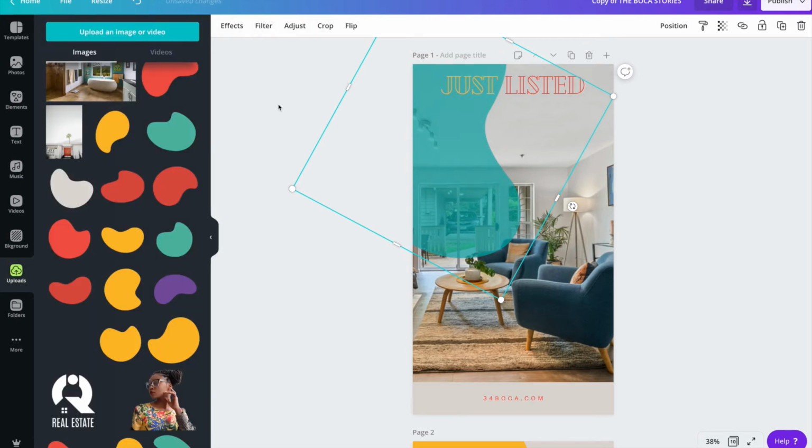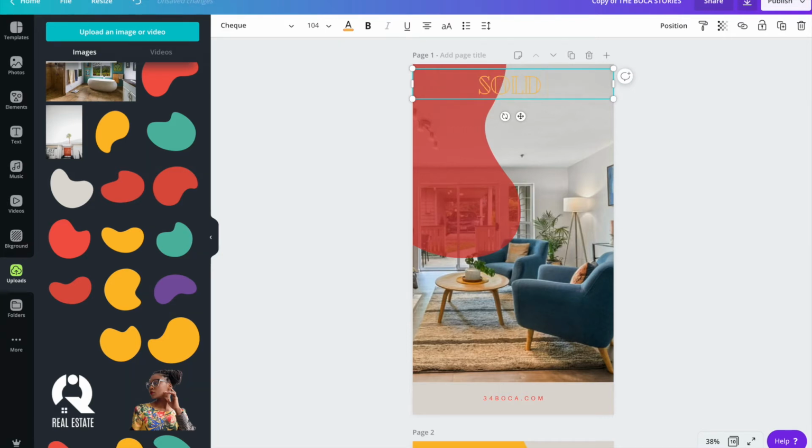But again, for the purpose of this tutorial, I'm just going to leave everything as is and pretend you're happy with it and you just want to drag and drop and go and keep things as simple as possible. So here's where you would change the writing, the font. If you want to change this to just sold, just remember that if you highlight this whole thing and start typing, the entire box will lose its color. So you have to be careful and just highlight the word that you would